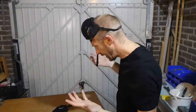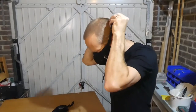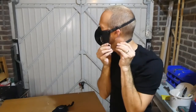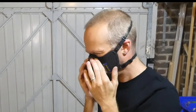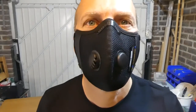So we'll put that over. See, that's quite easy to do it that way, and then pull it down. We'll keep that strap up high and then this strap low, and then we can just put that back into there. It's quite a tight fit in there, but that's good because you don't want this coming off. We can adjust this nose clip because it is bendy, it's metal, bendy metal. It does feel comfortable, and if you can see,